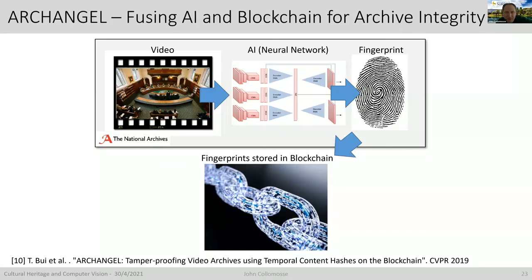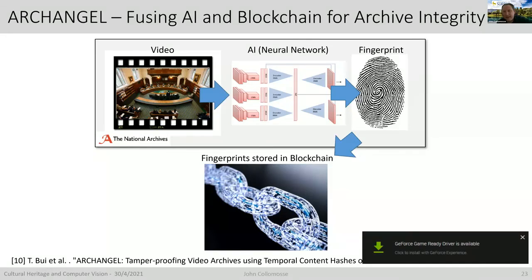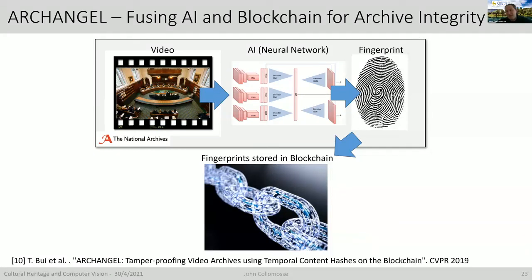Briefly, I'll outline how it worked. The idea was that when a video is ingested into the National Archives in some born-digital format, for example, the Supreme Court video records that arrive in the archives in that format, we would fingerprint that video and store that fingerprint in the blockchain immutably, in a tamper-proof way, so that when that video is later released to the public, people can verify that it hasn't been tampered with or accidentally corrupted while it was in the care of the archive.